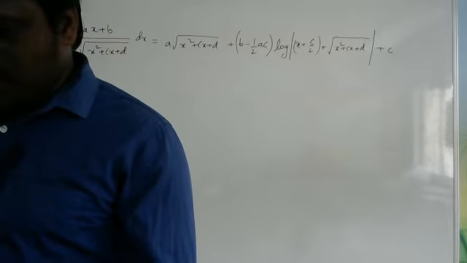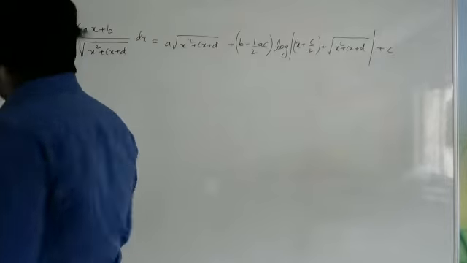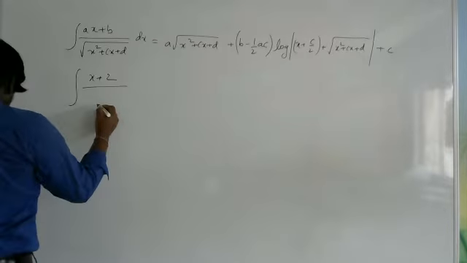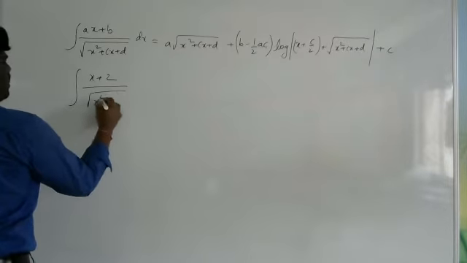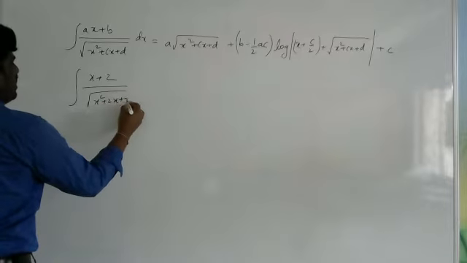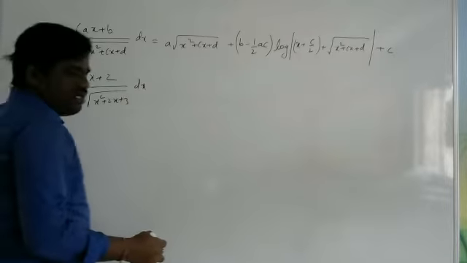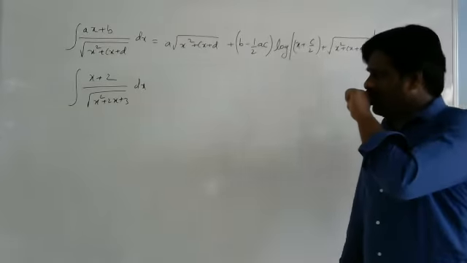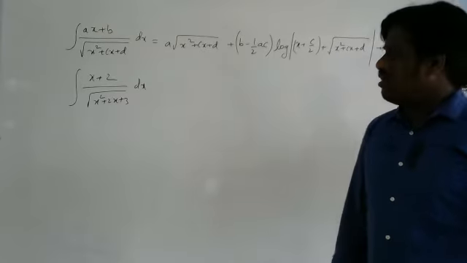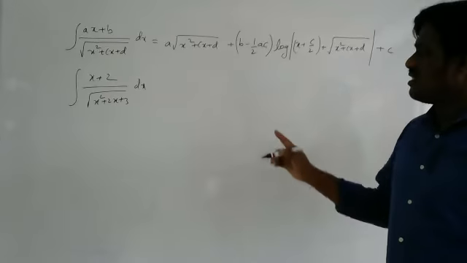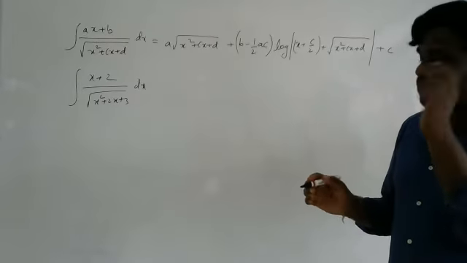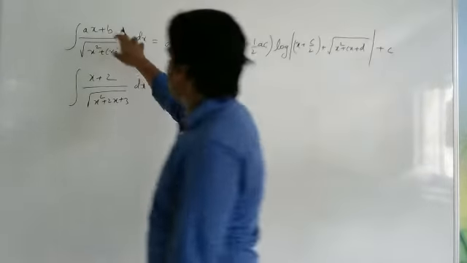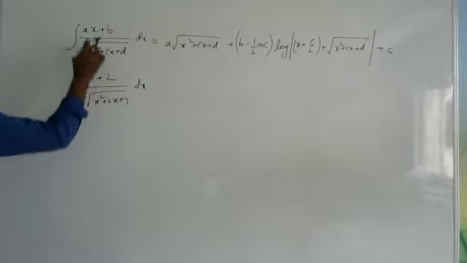Okay. Now let us solve some questions. Now you want to find integration of (x + 2) divided by square root of x square plus 2x plus 3 dx. So I want to find the integration of this. The actual method you can do, another way is this. These are methods we have. But if you want to do it in shortcuts, you just compare these both.